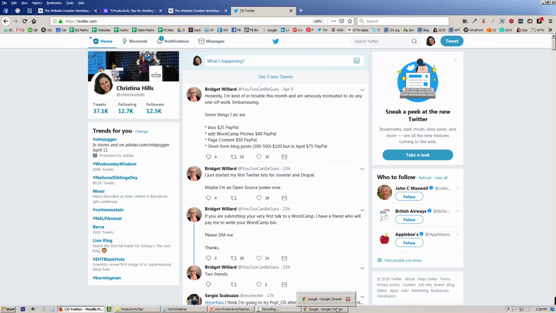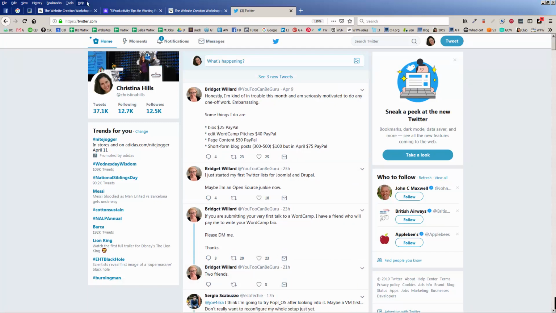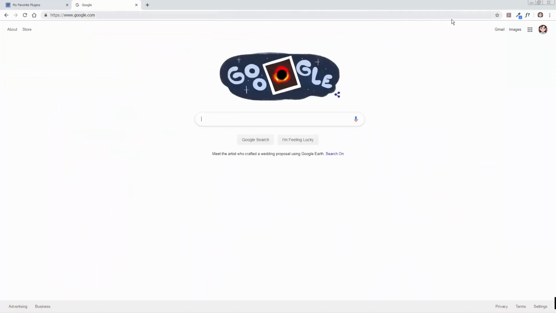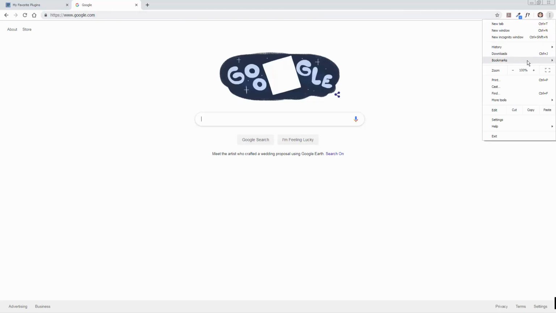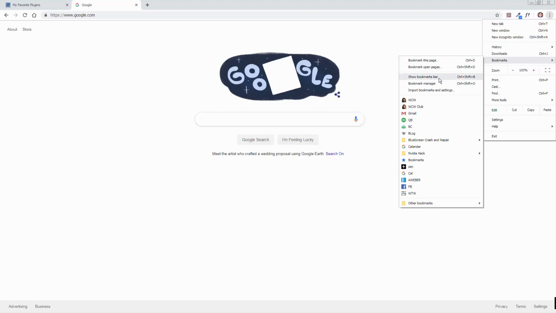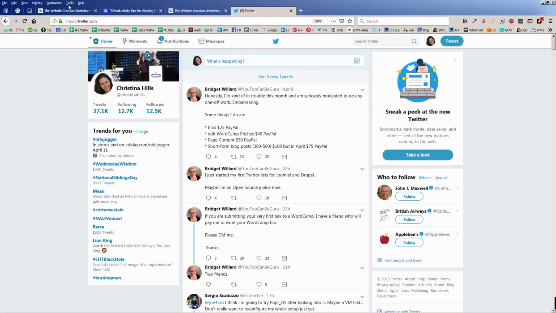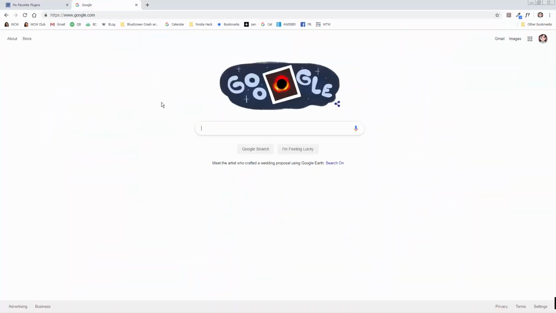Now, people are probably wondering, why does Christina like Firefox better than Chrome? Well, the answer is kind of silly. I really like having this menu at the very, very top, and Chrome doesn't have that. So I always find it just a little disorienting to remember, and I'll probably botch this up. Bookmarks, show bookmarks bar. So there's my bookmarks bar. So see, it doesn't have that little toolbar thingy at the very top. That is why I like Firefox better. But Chrome is the superior, so they say,